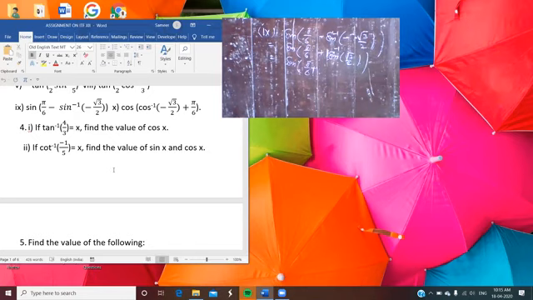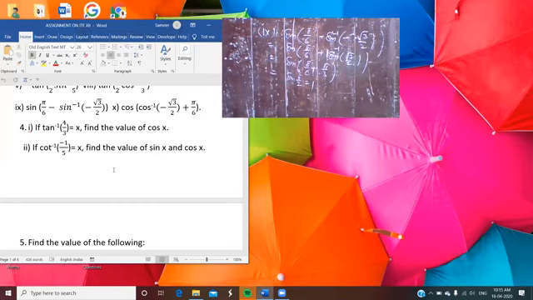So first check it: which value of sine gives the value root 3 by 2? No doubt its value is pi by 3. Sine pi by 3 is root 3 by 2, so you can write sine inverse root 3 by 2 is equal to pi by 3. Now, if you take the sum of pi by 3 plus pi by 6, you have sine pi by 2, and sine pi by 2 is 1. So in this way, you have its value.